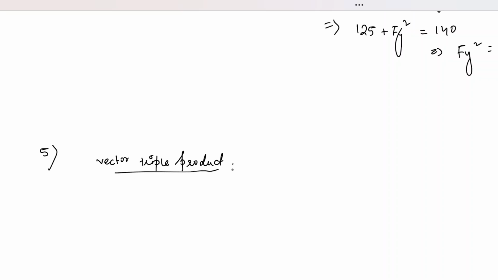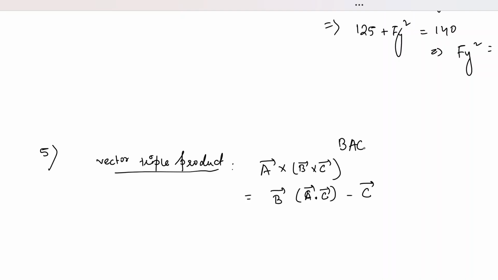The vector triple product has this rule: if you have a triple product like A cross B cross C, where A, B, C are arbitrary vectors, the rule is also called the back cab rule. The expression is B multiplied by A dot C. A dot C is a dot product, so it gives you a scalar. So this is a coefficient attached to the B vector. There is no dot product between them, so do not ever confuse it and put a dot product there. Then the cab part follows, which is why it is called the back cab rule.